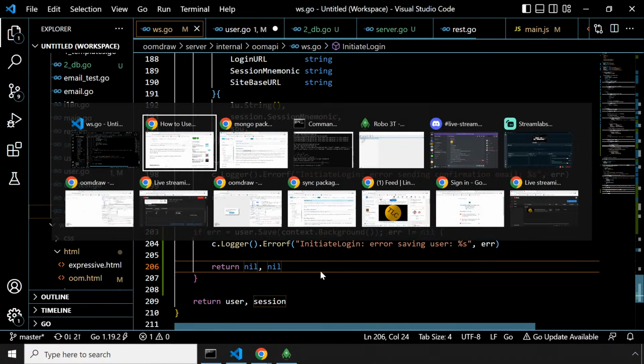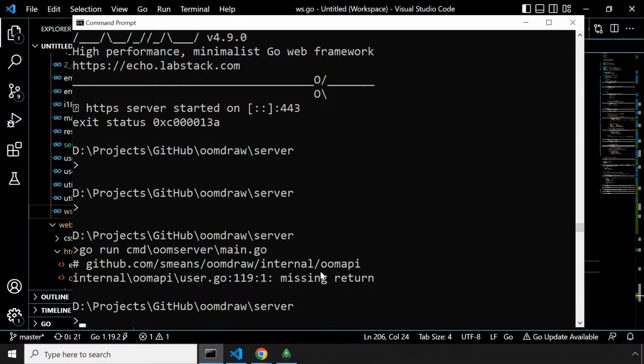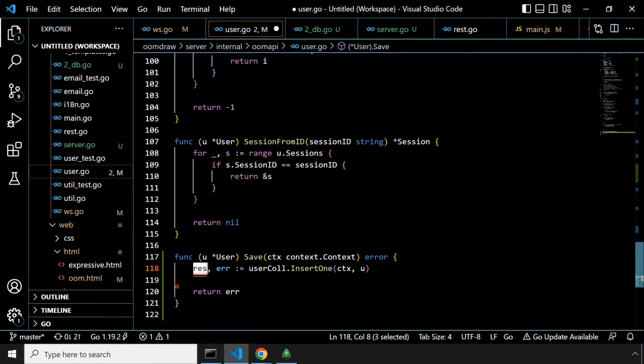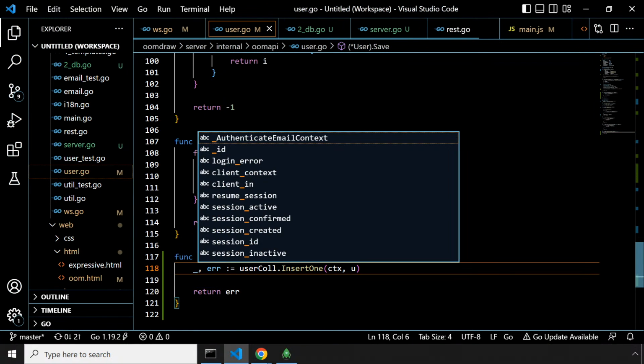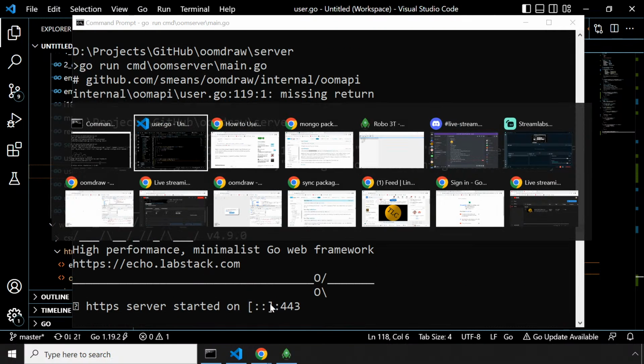Okay, so we'll save this off. We'll see what happens. Nope, missing return on 119. Why? What? What's going on there? Oh, it's complaining about that, I guess. Not really a missing return. It was really another error. Okay, so